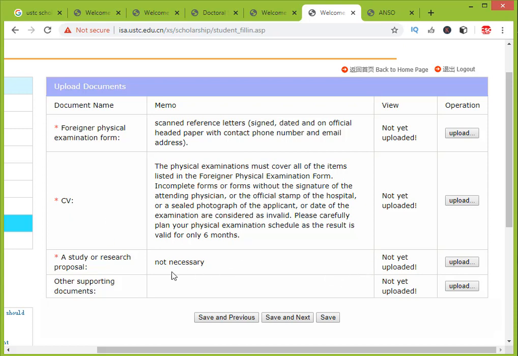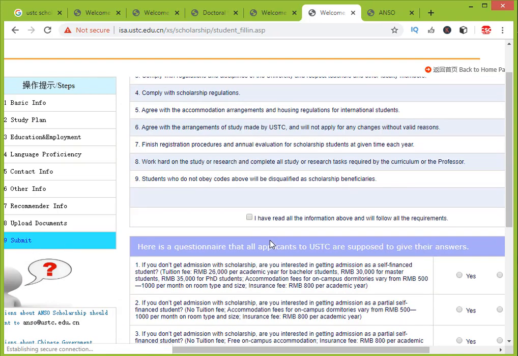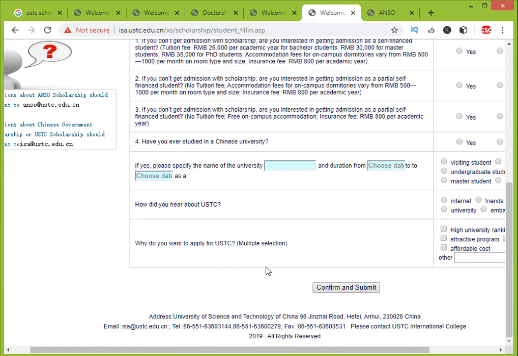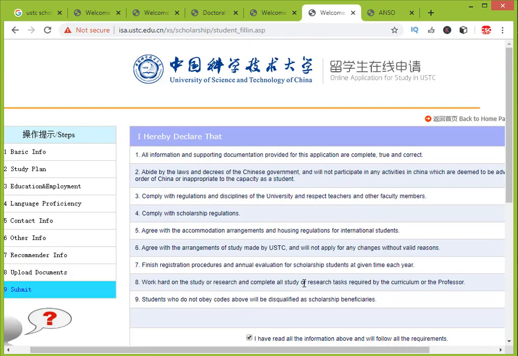It's also necessary, it must be not less than 1800. Other supporting documents like non-criminal record certificate, your certificates, publications if you have, and any other supporting documents which you think support my application. And after all these, click to order the application and click on the confirm and submit option. So this is the complete form, and I told you how to fill in this form.